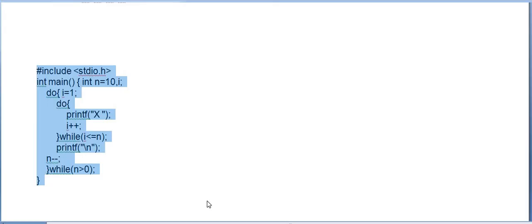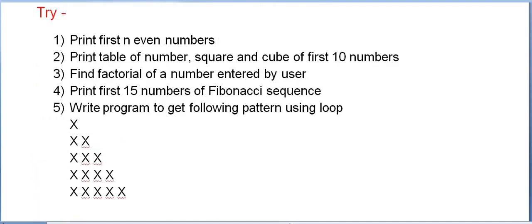Now I give you some homework. Print first n even numbers. We have printed first 10 numbers, first 20 numbers. So let's take input from the user on how many numbers to be added. For even numbers, you have to start the starting number with 0 and increment the counter by plus 2 instead of n plus plus or I plus plus. You have to write down I equal to I plus 2. So that 0, 2, 4, 6 will be displayed.